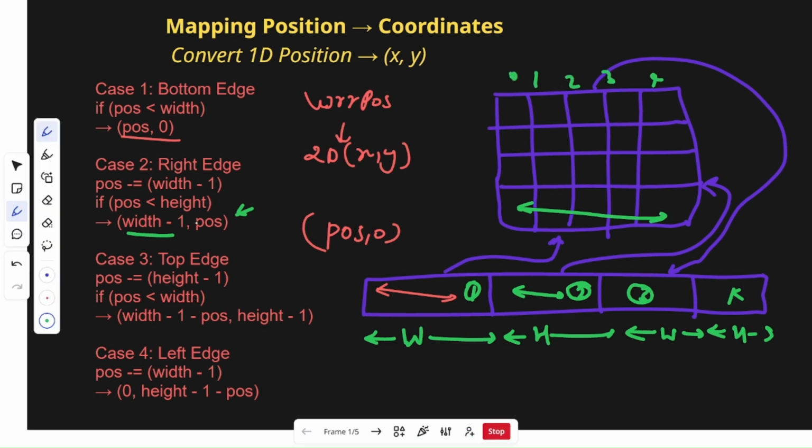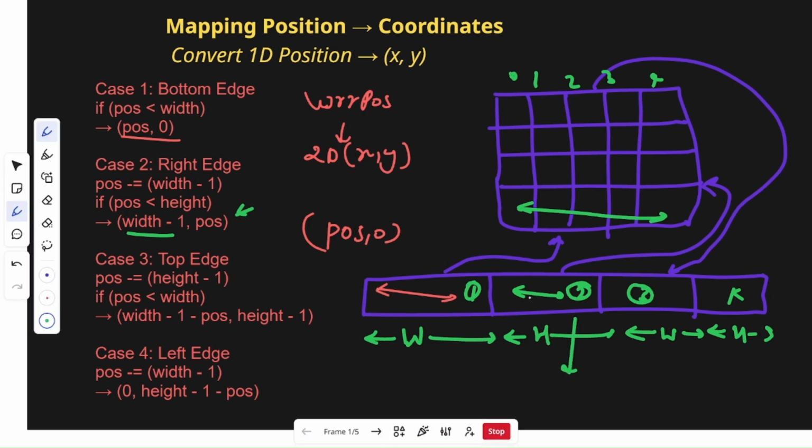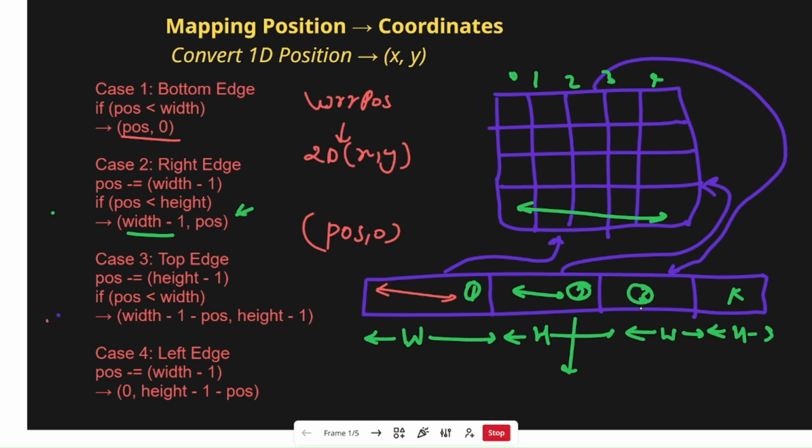So the x coordinate will be width minus 1 comma position. And for the top edge, again we will subtract this part because we are moving on the other part. So if it does not lie inside the second case also, then we will subtract the height, this second part. Then again we will check if it lies inside the width, that means it is